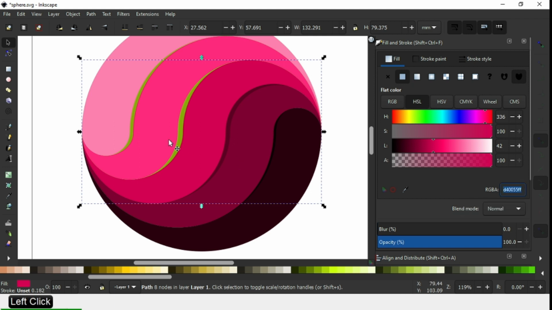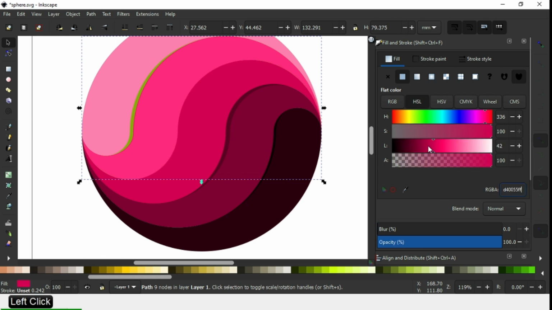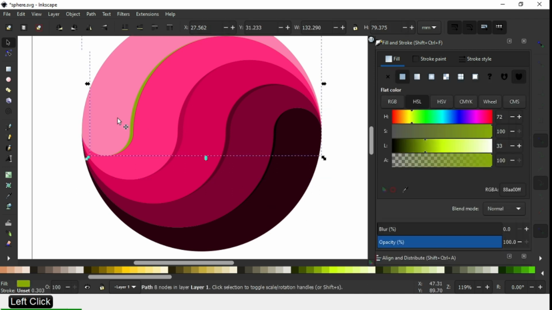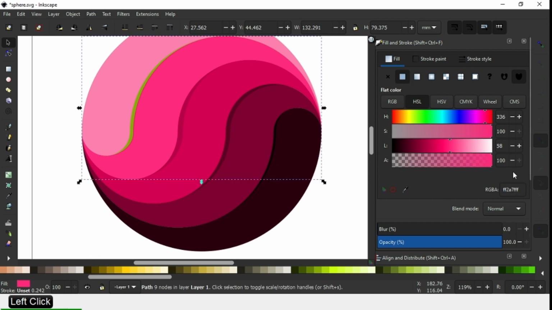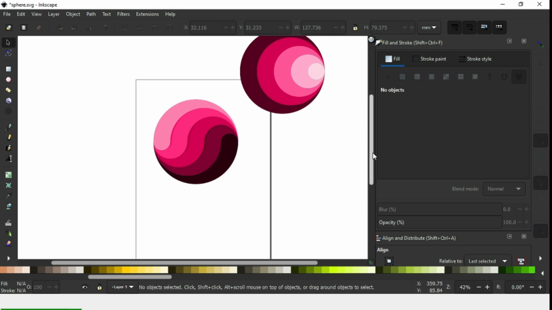Paste the color code. Now paste the color code, make it darker. Again copy the color code, select the green object and paste the color code. Our sphere is ready.